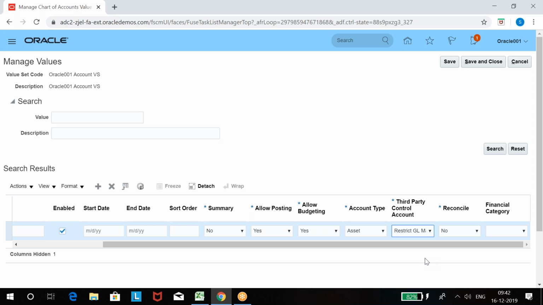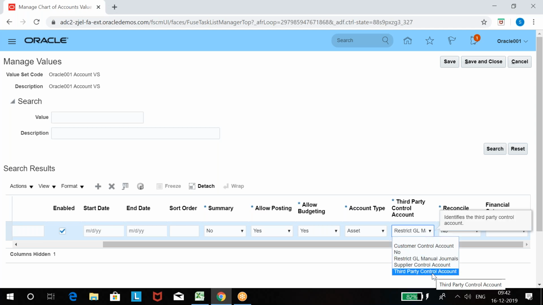You can decide for what reason you want to use this account. I want to use it for supplier control or customer control or only for manual journals. Or we have third-party: for any other reason, you can just select third-party control. Other than that, we have only three reasons: supplier, customer, or manual journals. See, when you do a transaction, it is because of a supplier, because of a customer, or because of petty cash. There is no other type of transaction in a company, right? In other cases, you select third-party control. Any other case you find other than this, then you can select third-party control account. Clear?